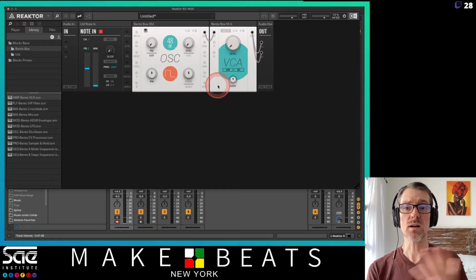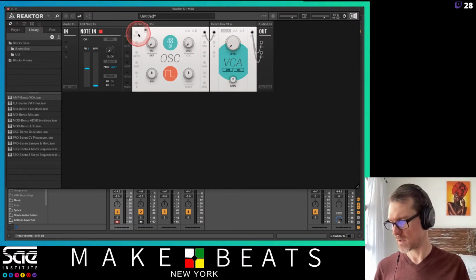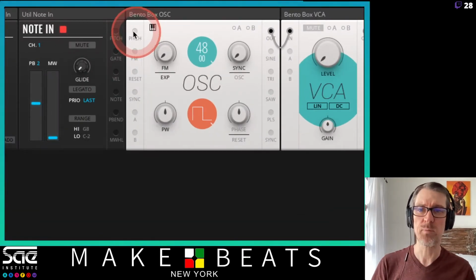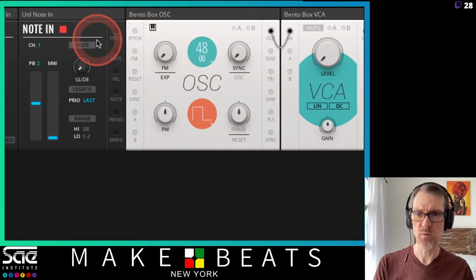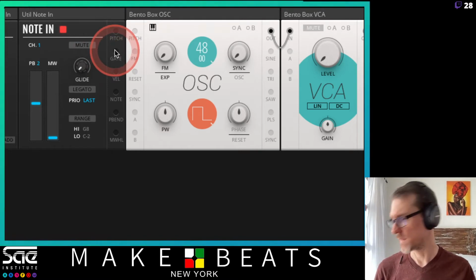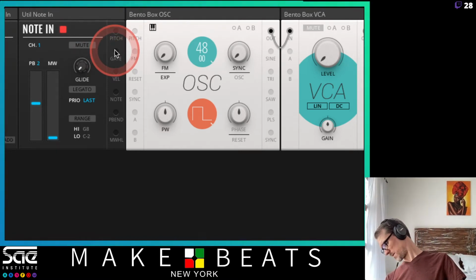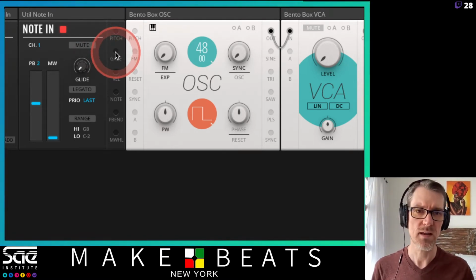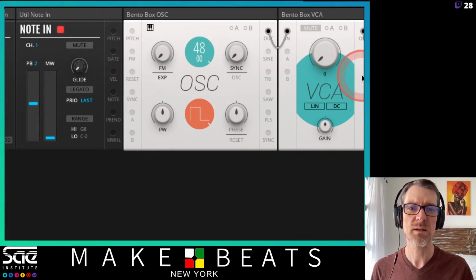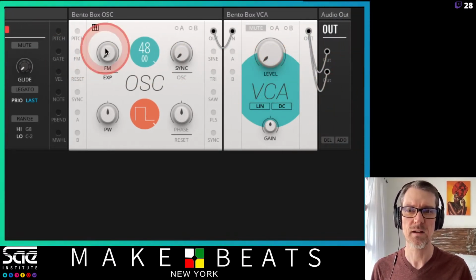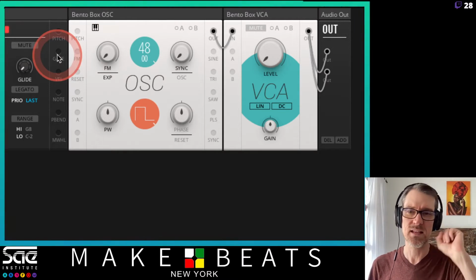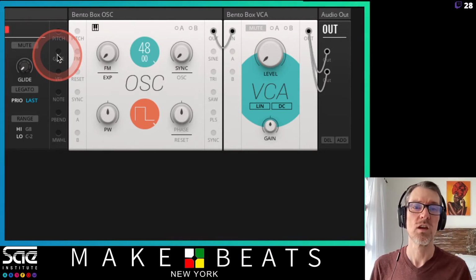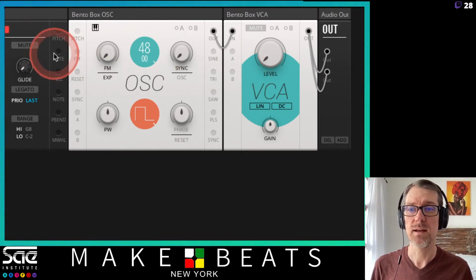If I want to make it start and stop, I have to connect over here my note in from my keyboard, so I can play my keyboard and make it start and stop. And that's over here with the gate. There's the gate, and what I'm going to do is connect this gate up to the amplifier here. So when I hit the key, it's going to send a gate on and off message to my amplifier right here. So I'm going to connect the gate here